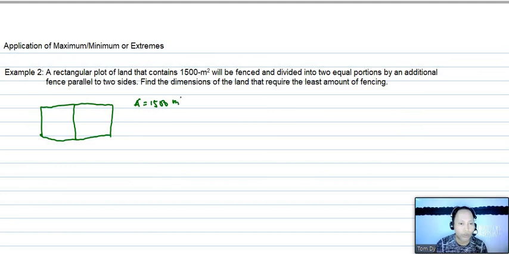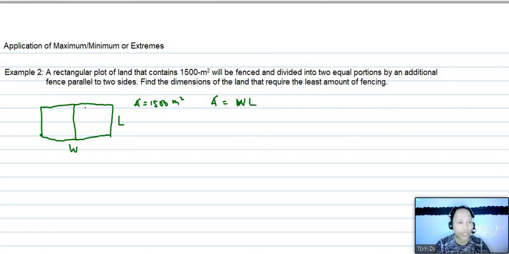1,500 square meter. Another one, okay, there's no other given data. So we will assume this one is our length, this one is our width. So this time we will make an equation. Area of a rectangle is equivalent to, take note, the area of a rectangle is equivalent to width times length,